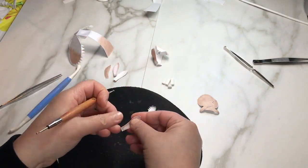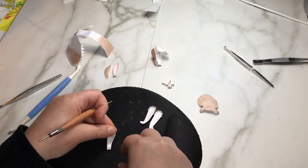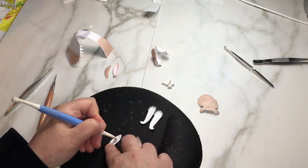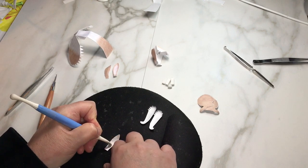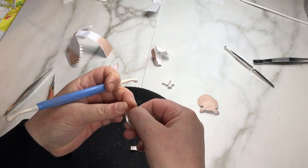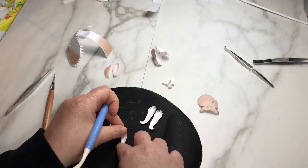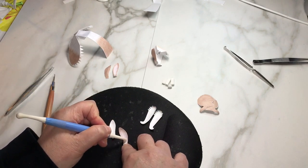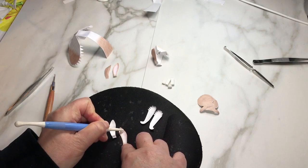And then with your bunny ears, you have a front and a back. So this one, wrong side up, the back is the wrong side up. Again, take your 1/4 inch tool, go around the middle here, give it some shape. You might want to pinch this area here, or you can wait till you glue them together to do that if you like. And then on the front side of the front of the ear, okay, again, same thing. You can put a fair amount of pressure here,